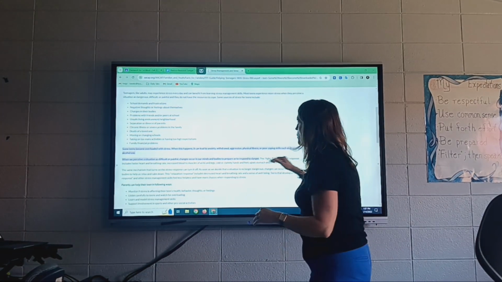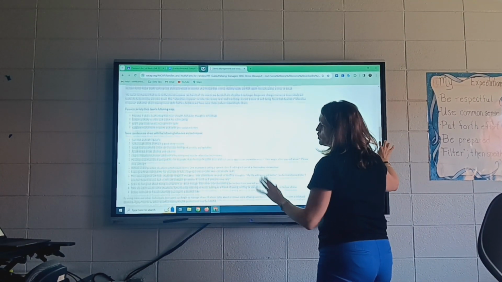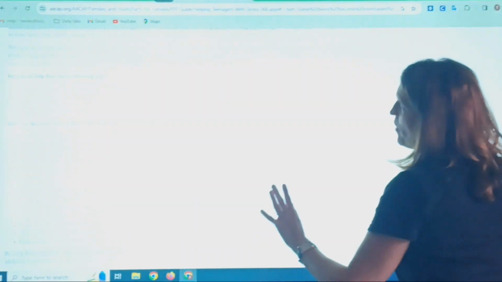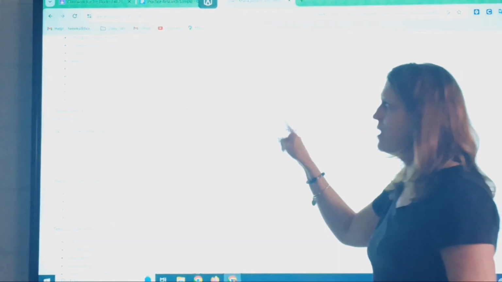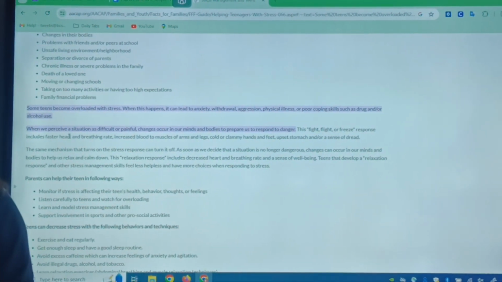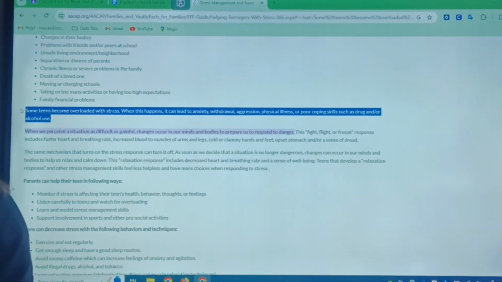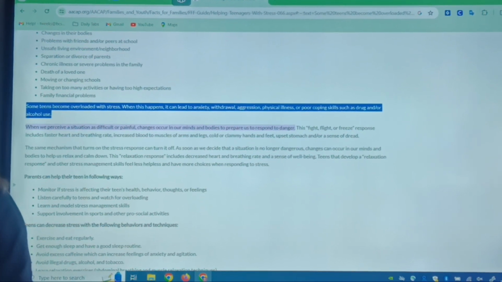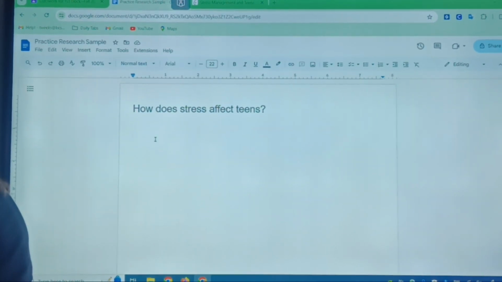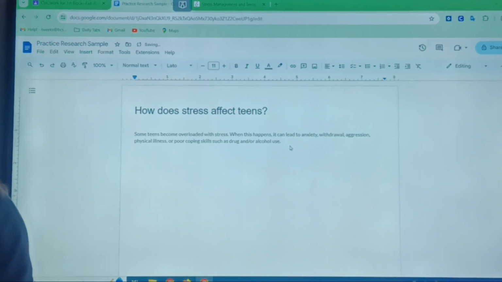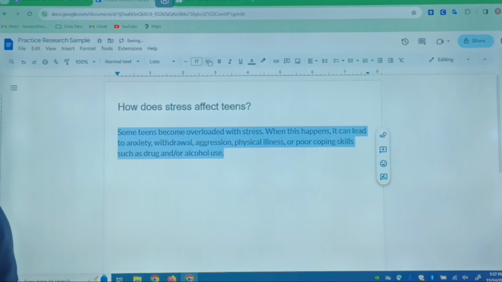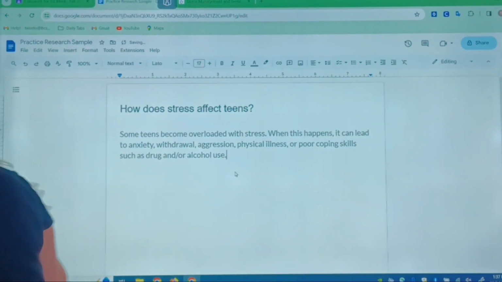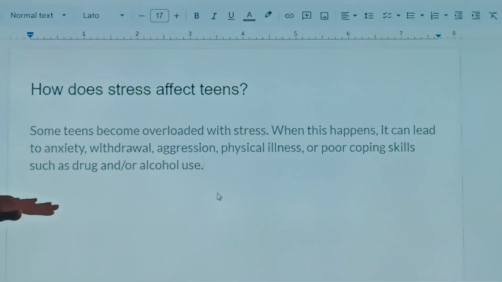So what we're going to do is pretend that we've read through this whole website, and that the part that we really want is this first highlighted section. Okay? It's highlighted from Google, but we're going to highlight it and copy it. So I'm going to highlight, Control-C, and then I'm going to Control-V and put it into my slideshow. Now I'm going to make this bigger so you can see it. All right, so this is straight from the website, okay?